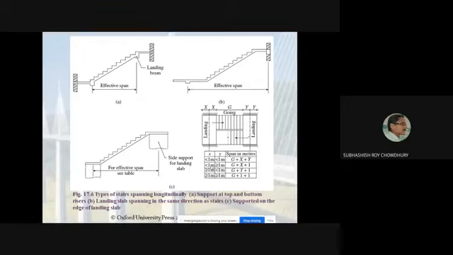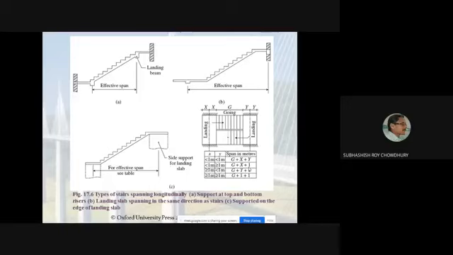But if either x or y is higher than 1 meter, say x is 1.2, you cannot consider 1.2 here as a part of the effective span. You should consider this part as 1 meter. So if x is less than 1 meter and y is greater than 1 meter, then g plus x you should consider, but instead of y you should consider 1. Okay, similarly in this case, the maximum span length will be g plus 2 meter: 1 meter from this side, 1 meter from this side. So the maximum span length will be g plus 2 meter.